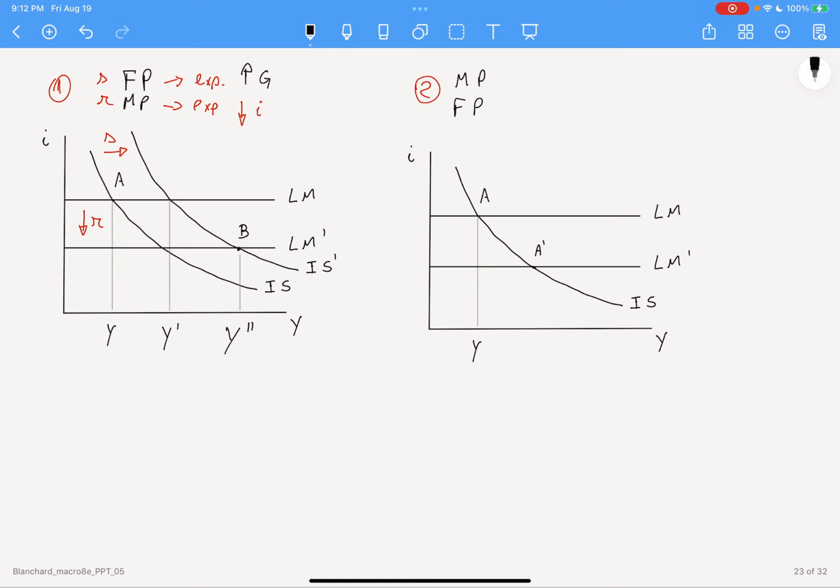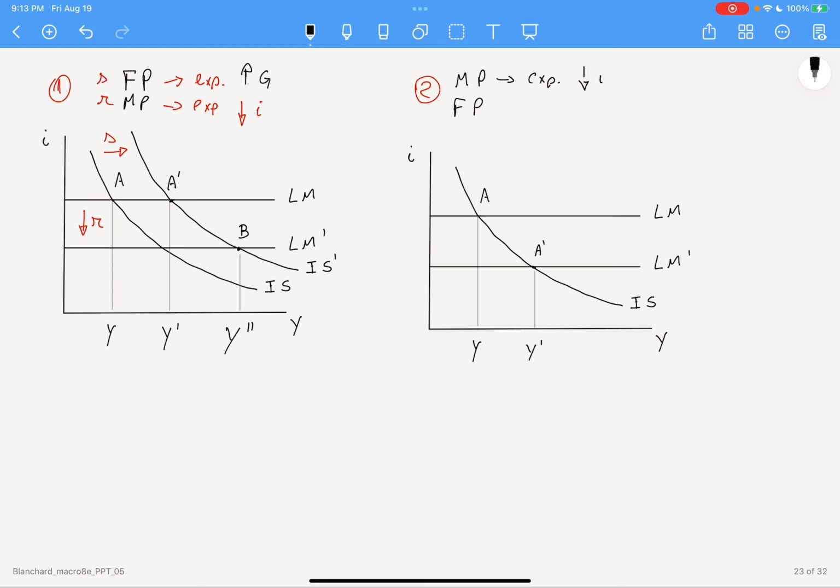And in the first case where we just moved, first of all, only the IS, only with the movement S, here we had A prime. Okay, let's call this guy A prime, which is the same thing as here. We are calling this guy A prime as well. With this A prime, we have a new level for the output. Well, no, it's here, right? However, we can ask ourselves, okay, we have already done the monetary policy, which is also an expansionary monetary policy